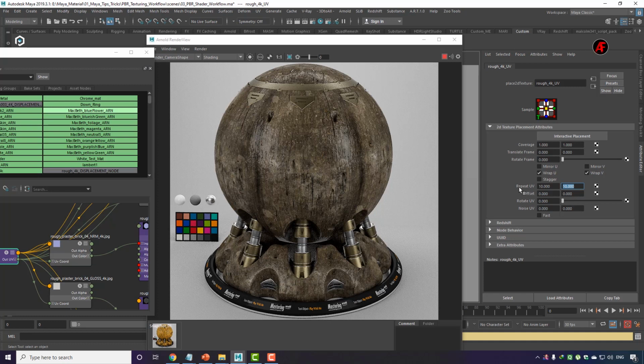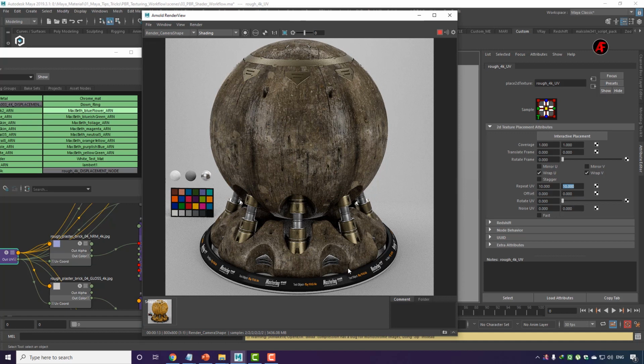All right guys, okay, that's cool. Now the render is complete, I believe. Yes, so that is how guys you can simply achieve a PBR shading in Maya with the help of polygon material conversion.